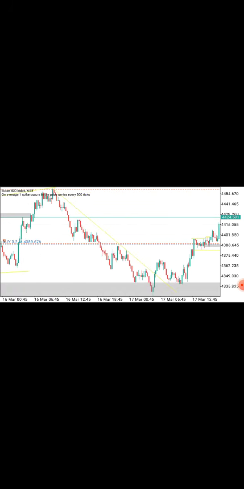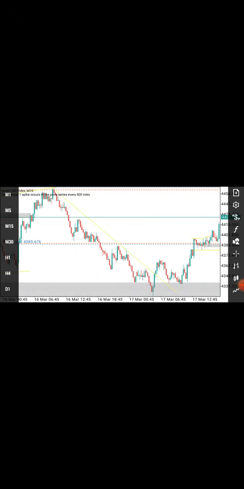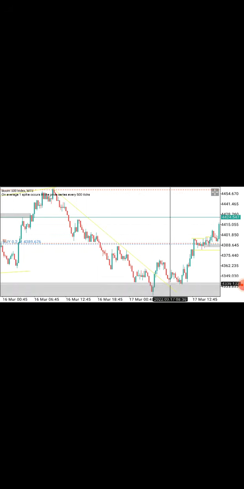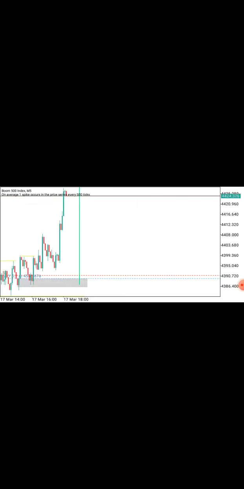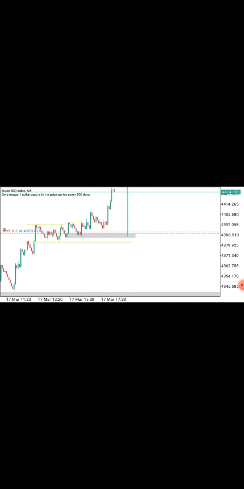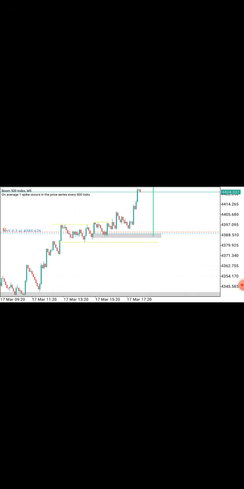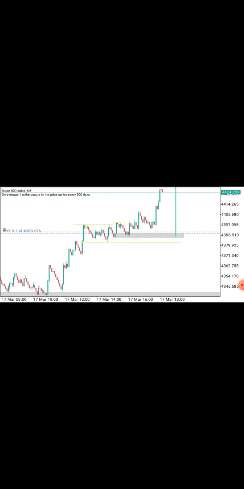And as it came down, what did it do? It came to the downside and retraced. As it retraced, it decided to respect this demand area. Cool. Let me remove that so that my chart can be clear. On our M15 you won't see clearly, so let me go to M5 for you to see everything. I hope you got what I just explained on the higher time frames. So we are now on M5.